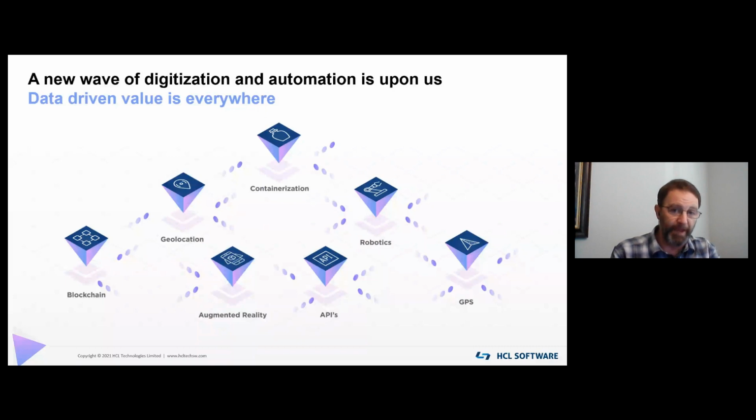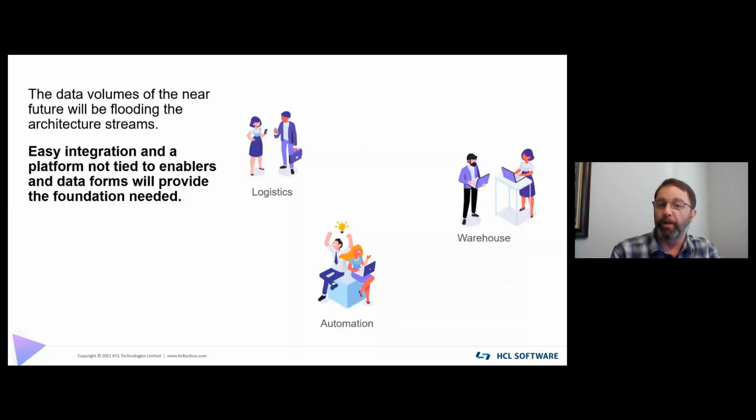Now, these volumes of data that are starting to flood our architectures all need a way of integrating into a single platform that isn't tied to any of these particular technologies that somehow limits access to these sources and systems. All of the data can and should be used. It should be consumed, it should be processed, and it should be utilized in these apps in order to help our customers build their solutions for today as well as in the future.